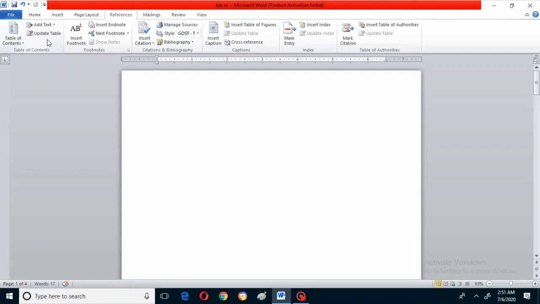So for that you have to open references. Like already I have opened references. See, references I have opened, and now we are in table of contents. Now in table of contents, can you see table of contents box is there? That button is there, add text, update table. Now I will be showing how to add a table of contents. Can you see here, add a table of contents to the document?